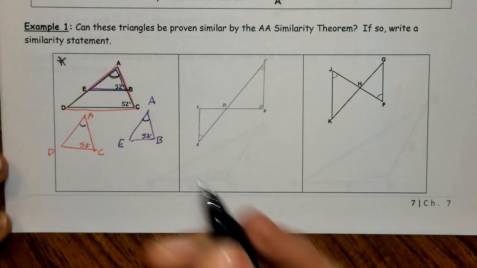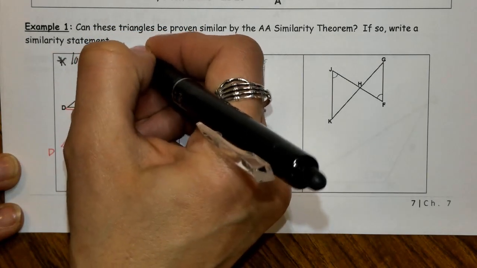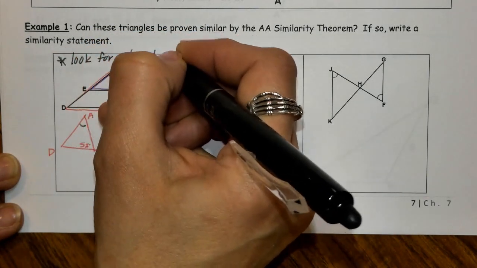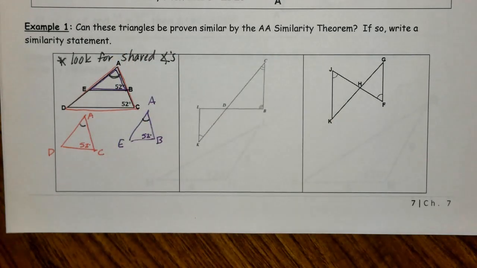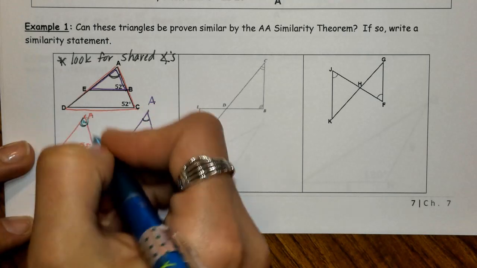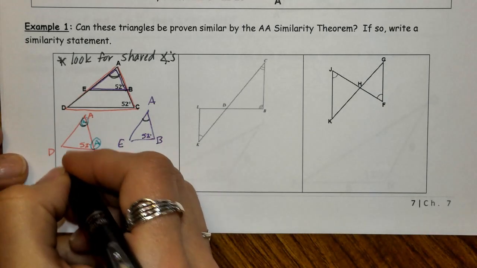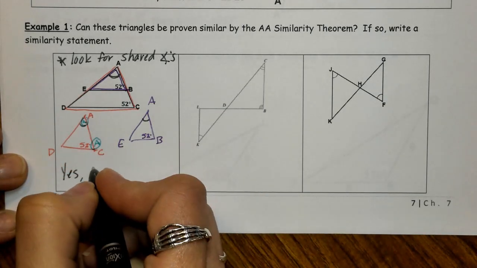Shared sides and vertical angles, you also need to look for shared angles. That gives you an A. So here we have an angle congruent, and it's supposed to be an A. An angle congruent. All we need are the two. So this, we can say, yes, these are similar, so we need to keep our